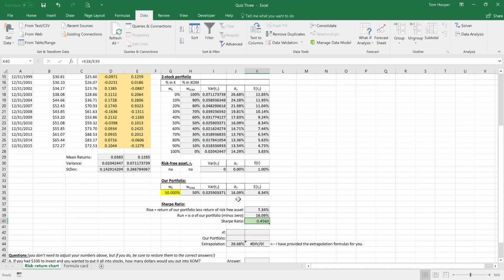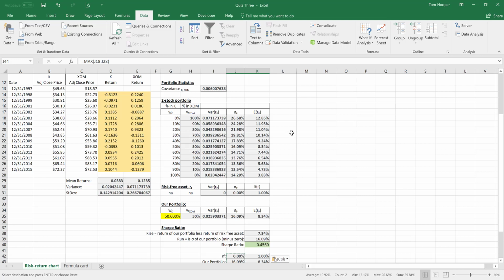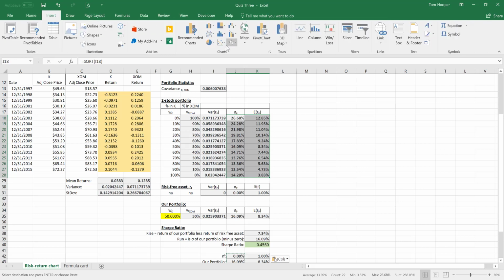We can go ahead and create the data for the capital market line in the next section. We know that it is the risk of the risk-free rate and the risk of our portfolio plotted against the return of the risk-free rate and the return of our portfolio. And I've already provided the extrapolation numbers for you. Let's go ahead and draw the chart now by highlighting the risk and return, insert, chart,